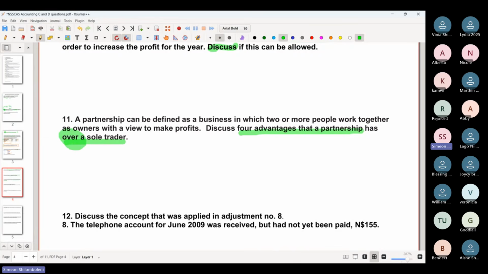You cannot say, for example, you mustn't give something that is an advantage for a sole trader and also for a partnership. You cannot say there is limited liability. That one cannot be a correct advantage because it's not an advantage over a sole trader. There's no limited liability here. There's also no limited liability there. It should be something like, with a partnership, there is more capital because with a partnership, it's only one